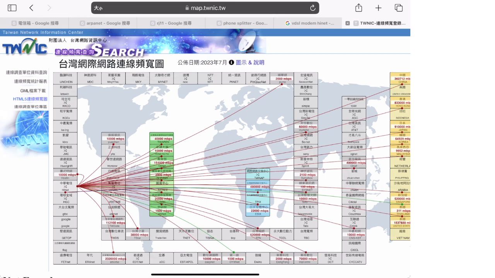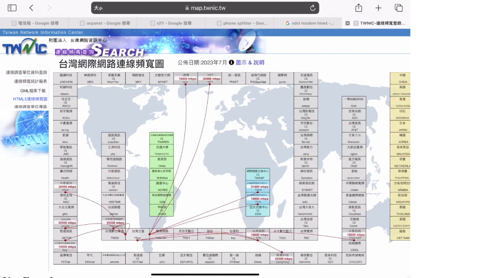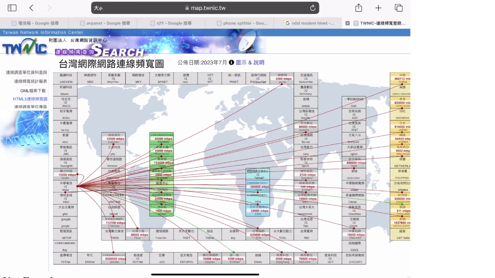That is because HiNet spent a lot of money to build those cables, those fibers through the ocean to the United States. And of course, in Taiwan Island, for example, HiNet and, let's see, we have another one. It is called T-Star. Okay, HiNet has several links, and the total links to T-Star is